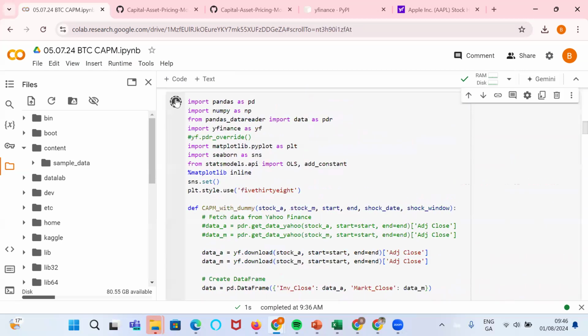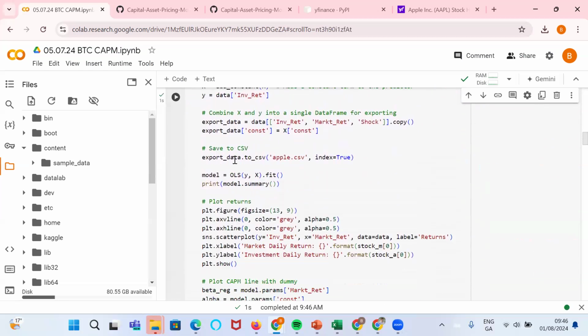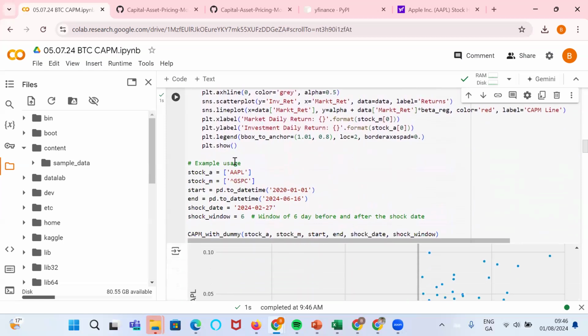So when we run that analysis, we're importing our stock price data and our market index data, the S&P 500, between January 1st, 2020 and June 16, 2024. The shock date of the announcement was February 27th, when Apple announced it was pulling out of its Apple Car